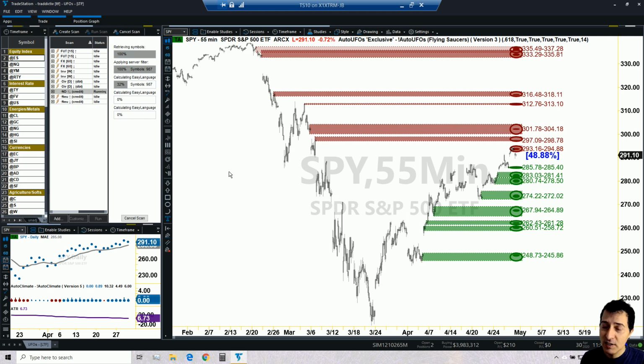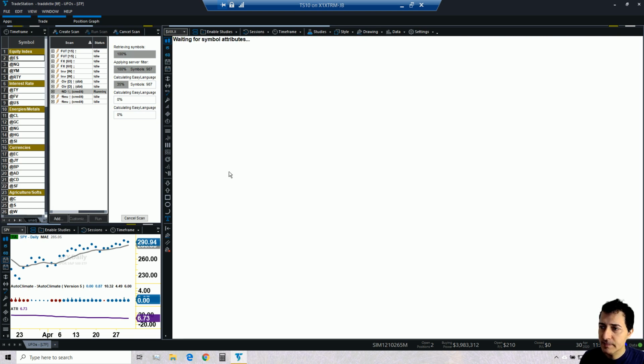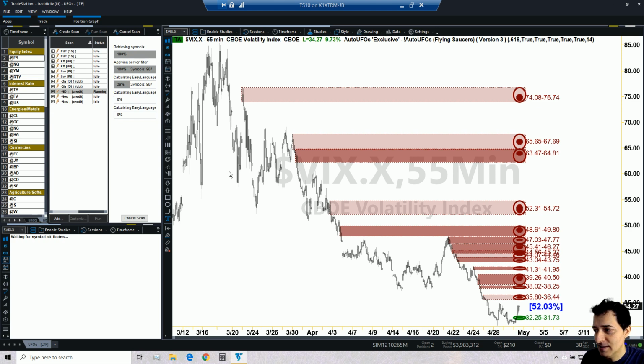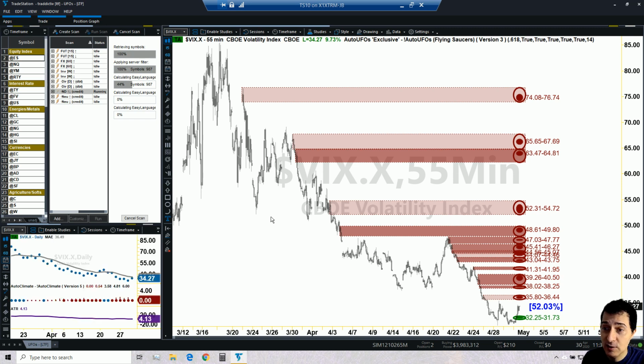But what's the other thing? Well, the other thing is the VIX. So let me load the VIX. By the way, while the chart is loading, which is taking a little bit of time because I'm running the scanner at the same time, here's the VIX. The VIX is currently trading at 34. If you look at it from a long-term perspective, 34 is quite high, to be honest. So if I look at a monthly time frame of the VIX,